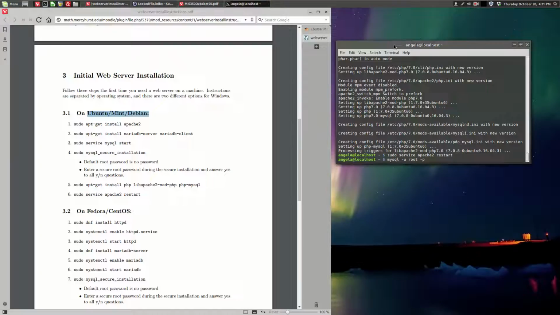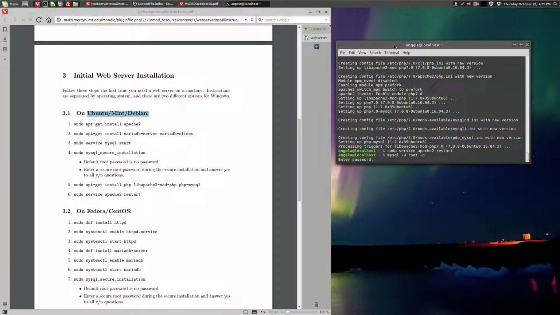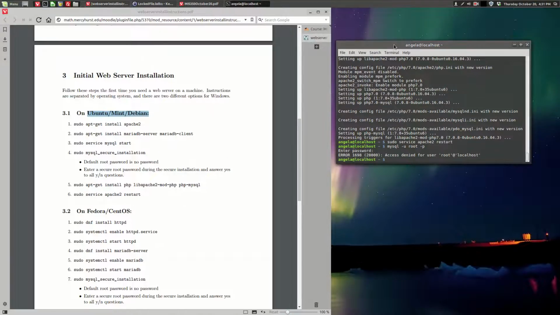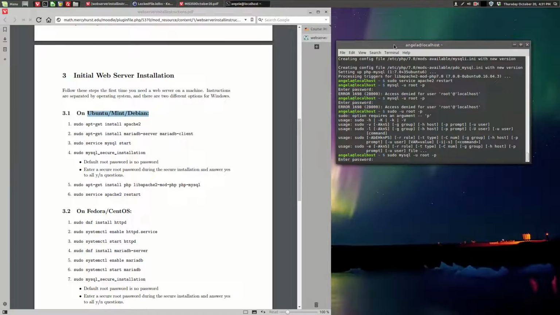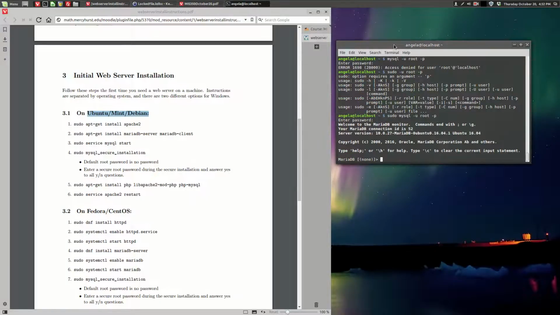But if you did put in a password during that secure install, you have to put -p so that you can actually type in the password. Okay, so I needed sudo on that, but now I'm into the database, I'm ready to go,